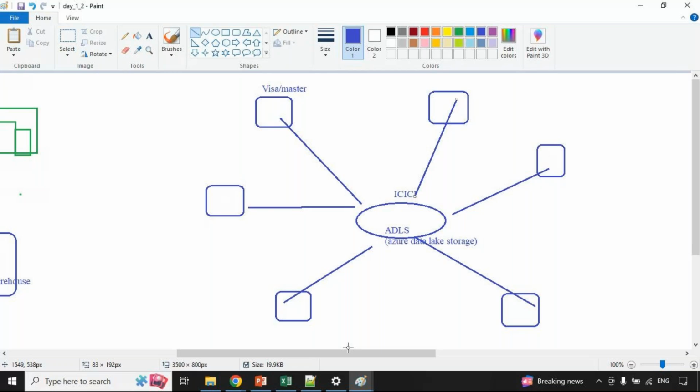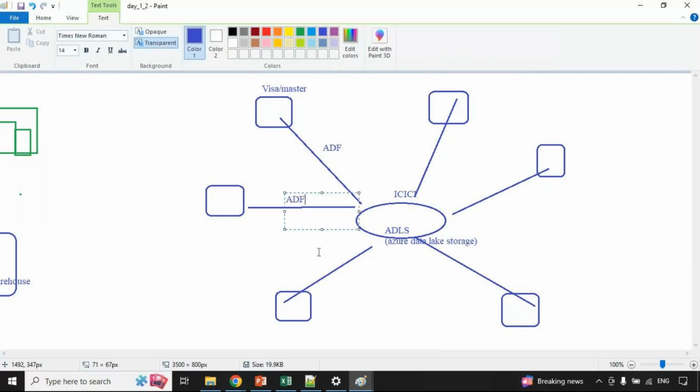So here, as a data engineer, particularly an Azure data engineer, your responsibility is to build a data platform. Whatever the source data is, we are going to ingest it into the lake, and here we are going to maintain the data in Delta tables. What Delta tables and Delta Lake are, I will tell you in the coming sessions. Here we have to ingest the data, so we need some ETL tool. Here we can use ADF, Azure Data Factory.